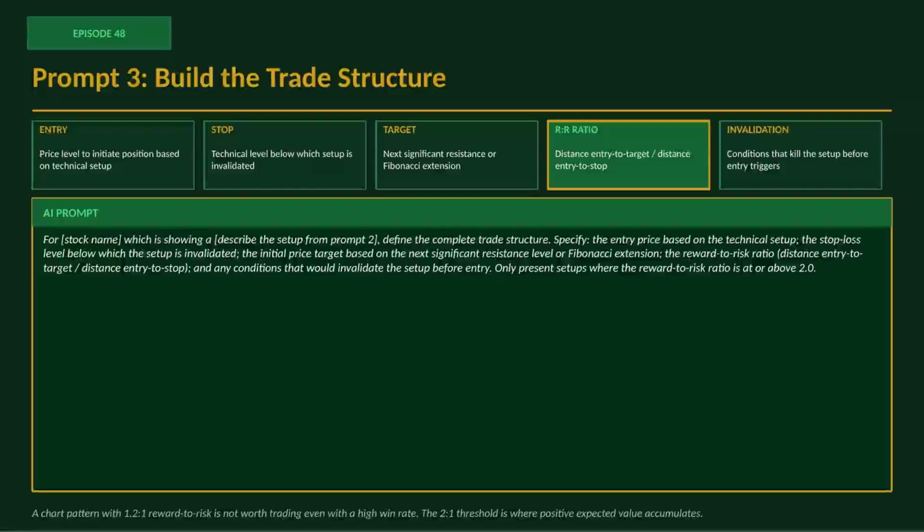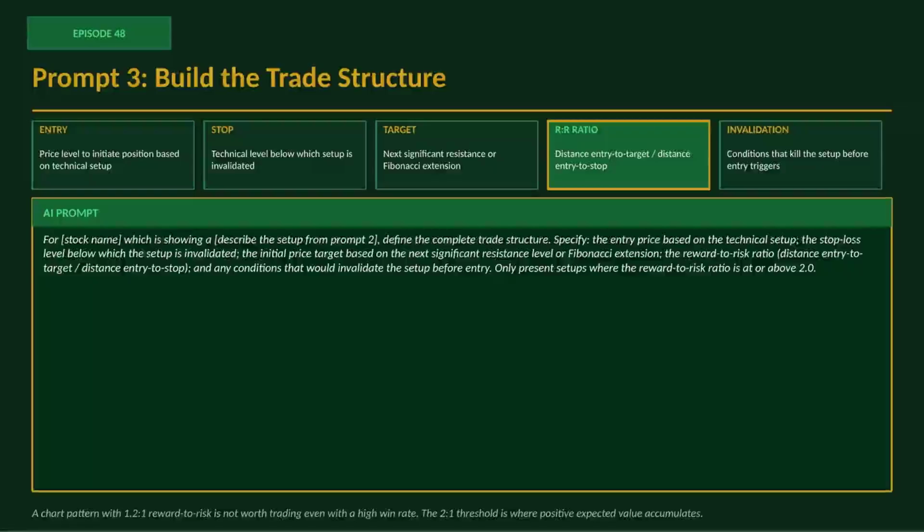Prompt 3 is the final filter, defining the trade for each candidate and retaining only those with a minimum 2-to-1 reward to risk ratio. For each high-quality candidate from prompt 2, use this prompt. For the stock name, which is showing the setup from prompt 2, define the complete trade structure. Specify the entry price. At what price would you initiate the position based on the technical setup, the stop loss